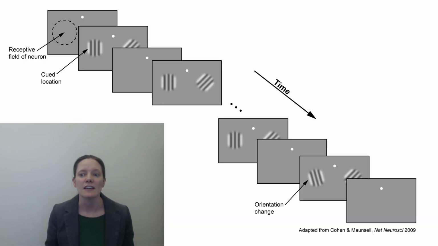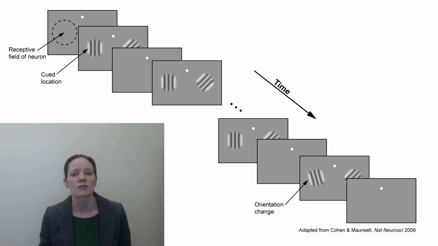How is the enhanced ability to detect changes at a cued location, which we looked at in the last video, reflected in brain activity? First, let's look at what happened to the firing rate of visually driven neurons in response to the oriented gratings in the same orientation change detection task that we just discussed. In this study, they were performing extracellular recordings from an area of the brain called V4, where neurons respond to